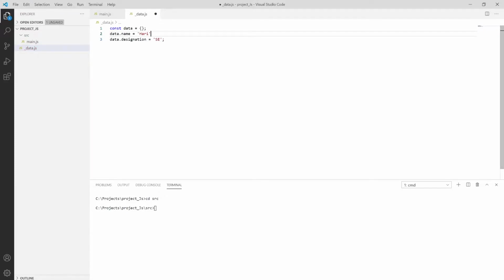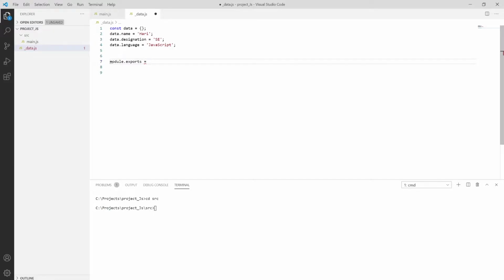Okay, not this one, this one. Or simply say I want data dot language, say programming language, equal to JavaScript. Then, for exporting this module, we are using module dot exports.